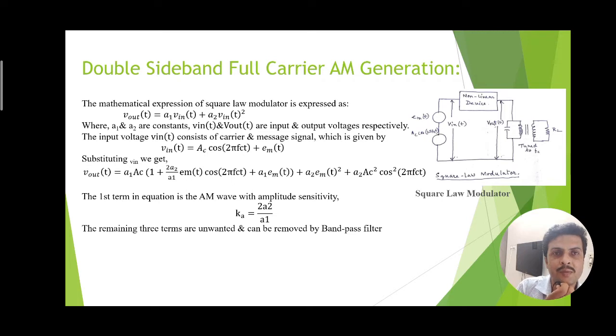From this equation, after simplification, we find that the higher term of the message signal may be omitted because the message signal magnitude is very small compared to the carrier signal magnitude. Therefore, the resulting signal will be taken by collecting the first two terms. One is the unmodulated carrier signal, another is the product of the message and the carrier frequency, so that we can get the upper sideband and the lower sideband.